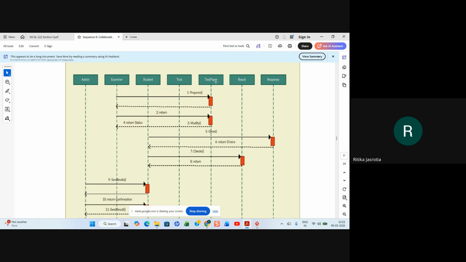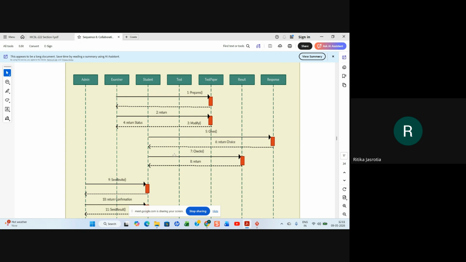Then whatever test he appears for, he gives a response to the test paper, in the proper time slot. Yes, time and date, whatever is there, we are not giving that. He has just selected the test paper, and that will be on a particular date and time, whatever it will be, right? We are not saying that, but that is known. Then he gives a response to the test paper, his answers, and his answers are returned to him with the status Examinable. Then the student can check his result also, what result he has got, right?